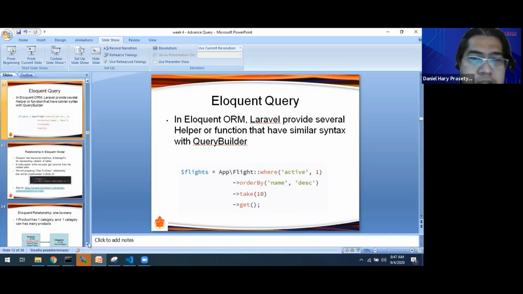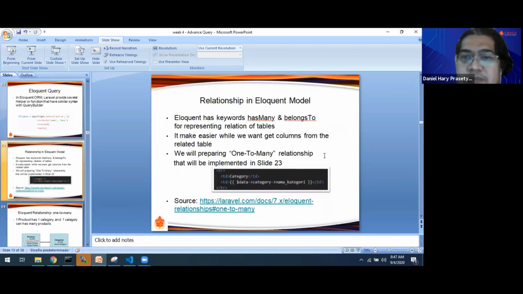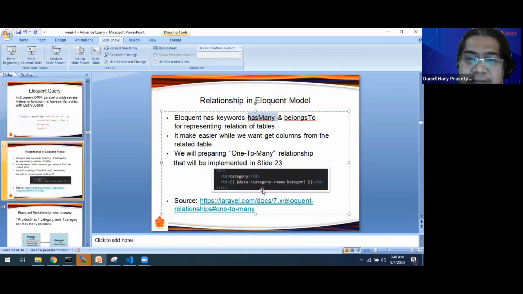More about Eloquent, we can get the magic of the Eloquent model with the keywords has many and belongs to. We have to set the relationship in Eloquent with has many and belongs to, and then we can instantly get the relationship data.